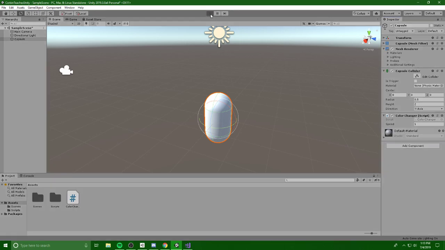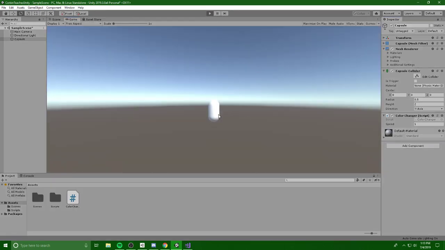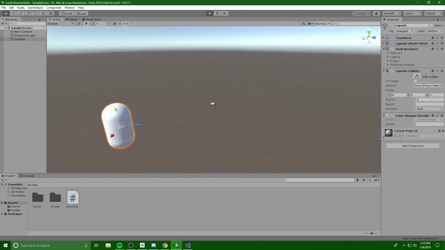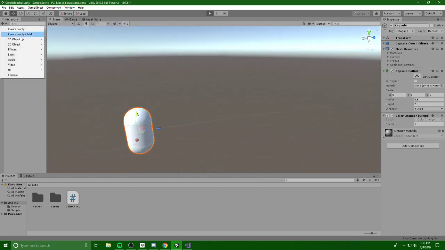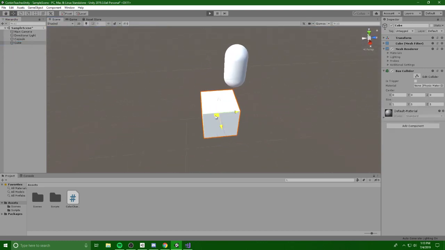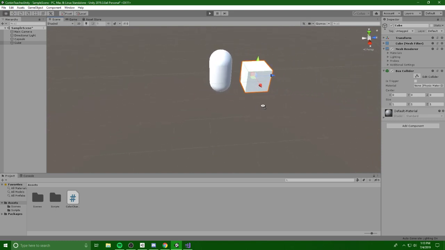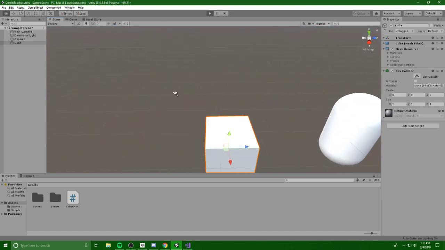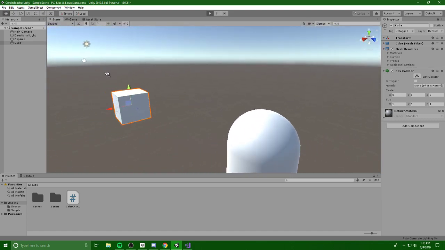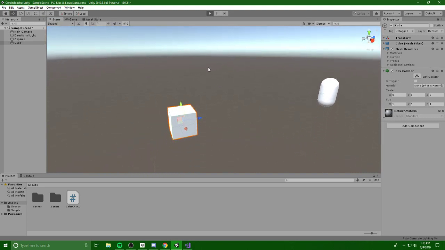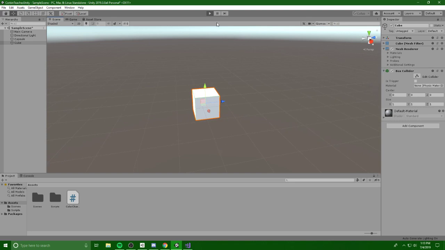So if I hit play, we will see it slowly floating forwards. Now I'm going to see if we can't stop it. So if I create a cube, push it down over here. Ooh, seems to just go right through. That's really unfortunate. Well, that is because there has to be a rigid body which deals with physics. This does not really do anything physics related yet, and well, that's fine for now. We're just gonna deal with that, because what I really want to show you is